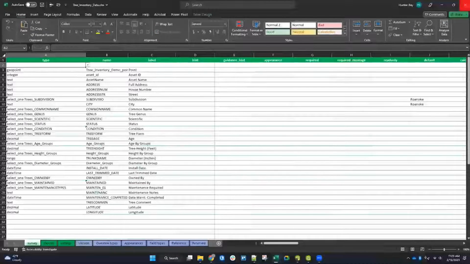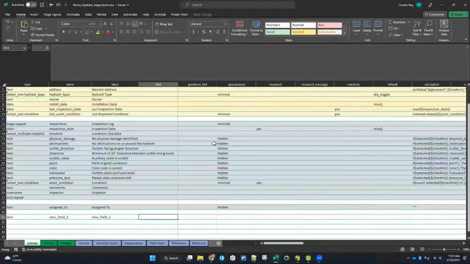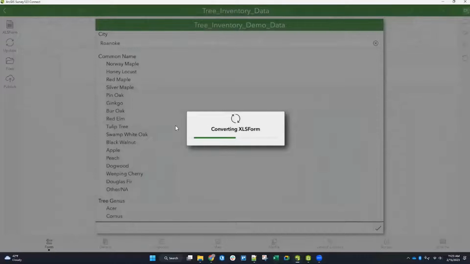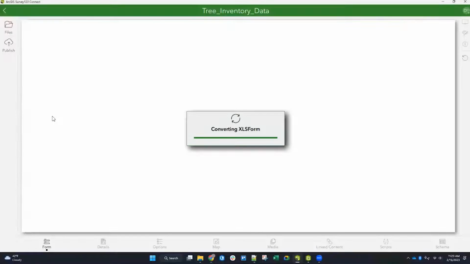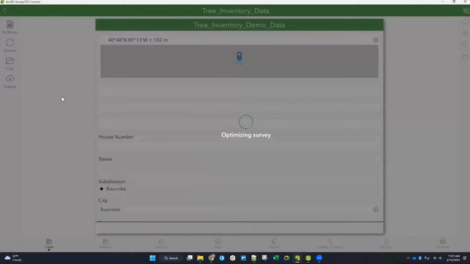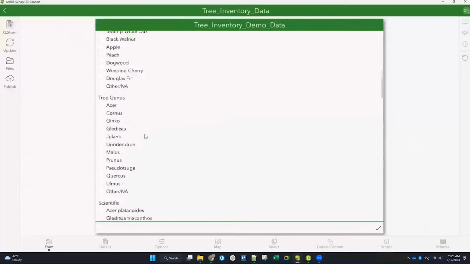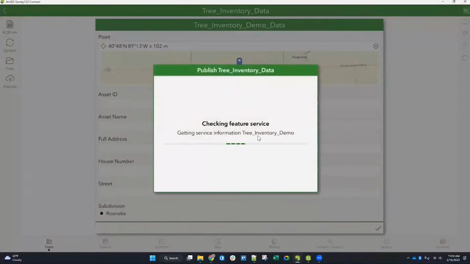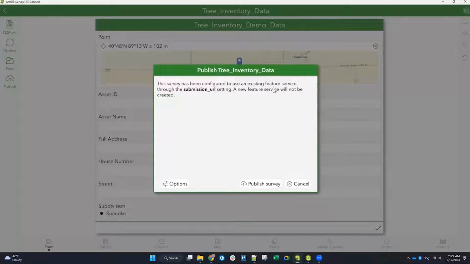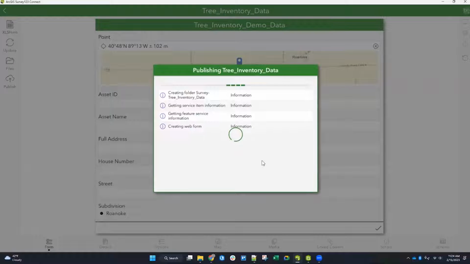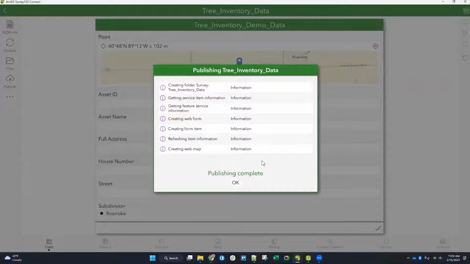So now I'm going to go back and close this. Yeah, sure, let's save it. And I'm going to go in here and click publish. And within a few minutes, as long as I didn't want to change anything, now you might want to change the appearance of some of these, right? But I'm going to click publish, and it's going to say, hey, this is configured to use an existing service. There will not be a new service created. That's great. I'm going to click publish, and very quickly, I'm going to get the survey form that I need, and I would be able to share with users to start adding new point features to my